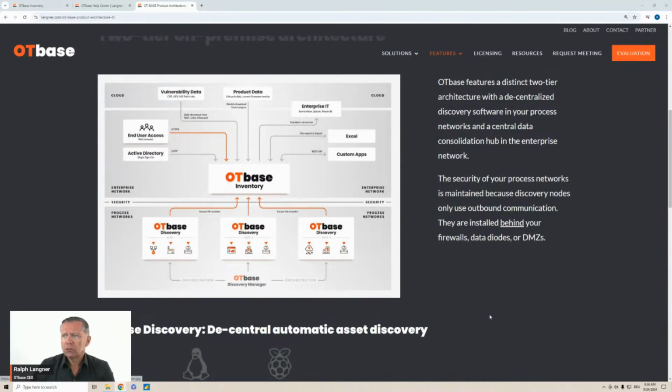And if you are worried, oh, and what about those process network interactions? No, they don't take place here. This is why you see these arrows. So these arrows are unidirectional. So OTbase inventory never talks to your process networks. And that